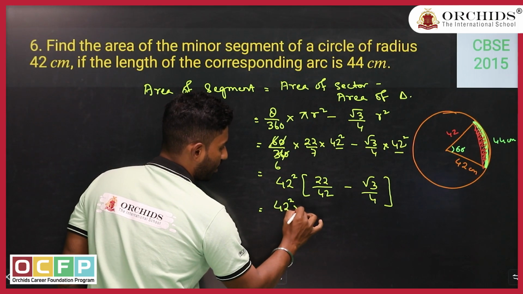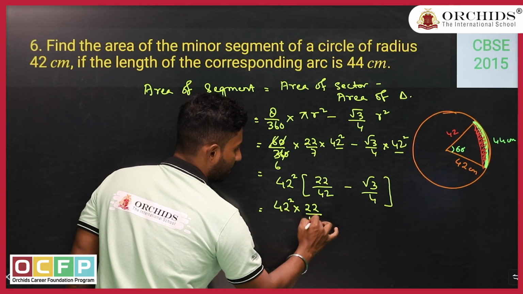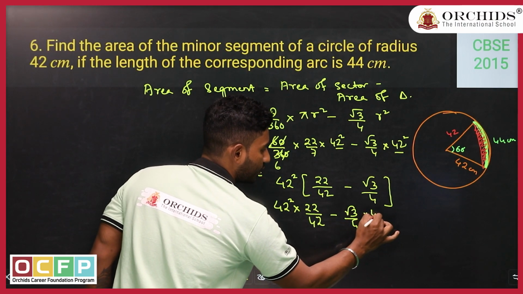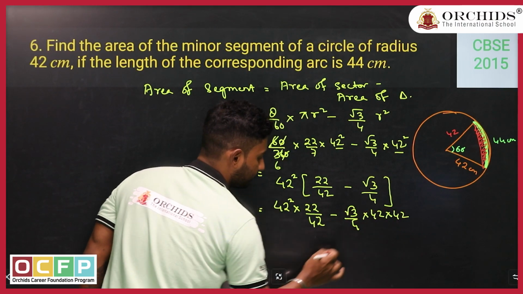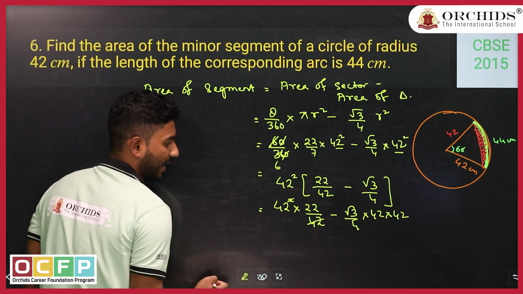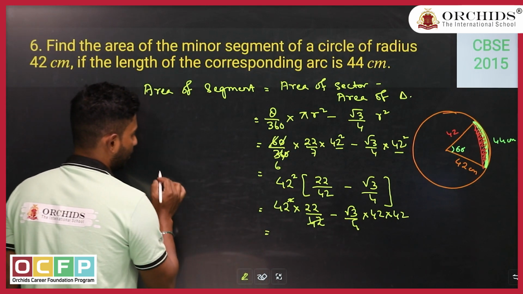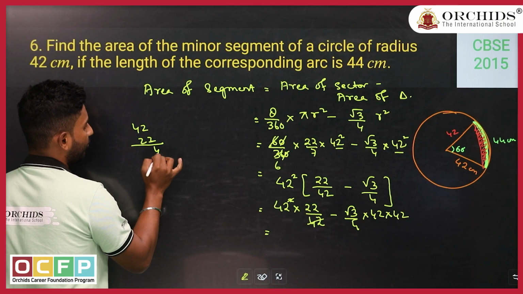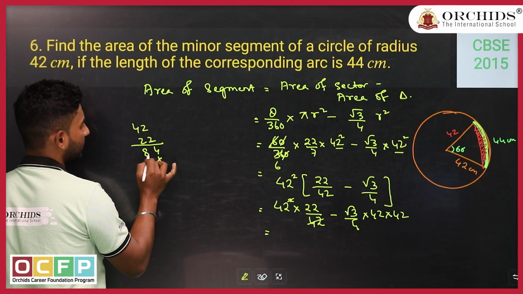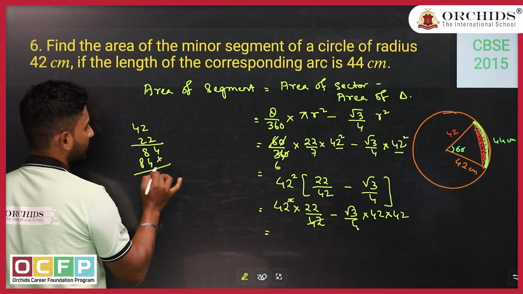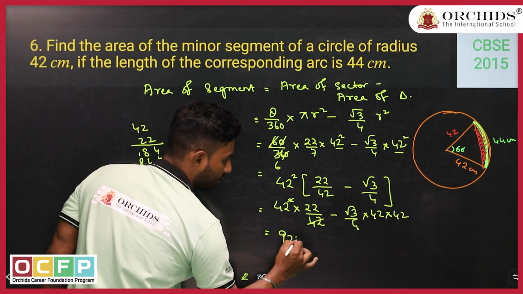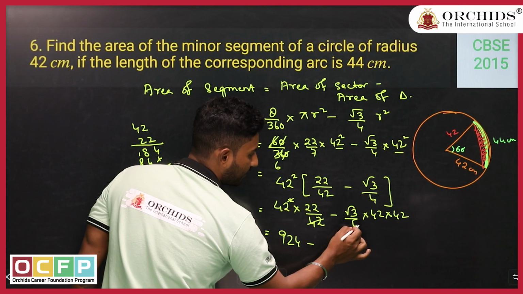So 42 square into 22 by 42, minus root 3 by 4 into 42 into 42. If 42 and 42 cancel, we have to find 42 into 22. Considering this to be rough, 4, 8, 4, 8, 924. So that's 924 minus this side, if I consider,